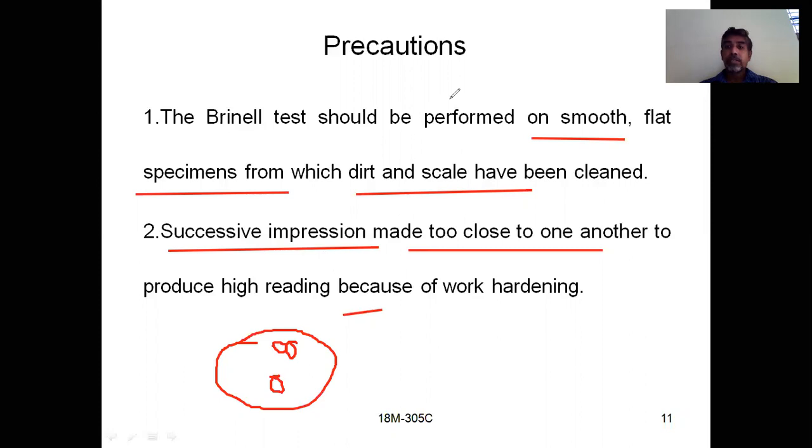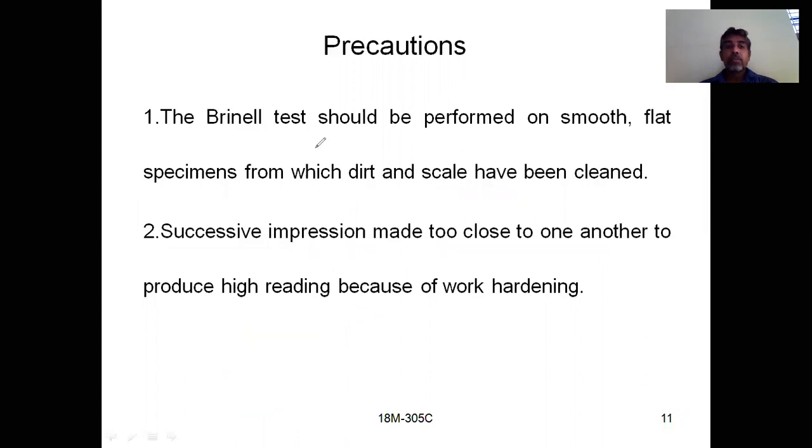What is the first precaution we are taking? When you want to perform a Brinell hardness test, first you have to clean the specimen such that it does not have dirt and scale.